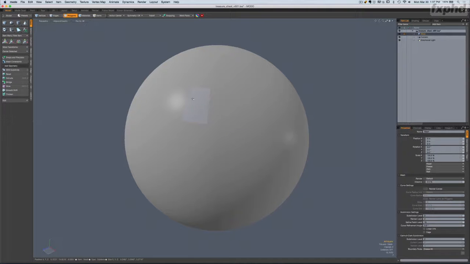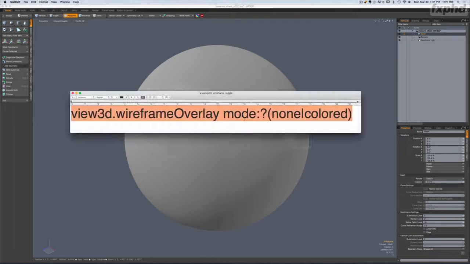It's going to involve a new little command, and I've given you this command inside of the content for this week's stuff. Here it is. This is all we need to do. So I'm going to copy this. And if you look at the command we're firing off, we're saying, hey, the 3D viewport, and then specifically the wireframe overlay mode is a value. And this question mark is going to be the big important one here. Is it none? So we're asking a question. Is it none or is it colored? Okay. So based on the conditions of the scene, one of these two values is going to be executed